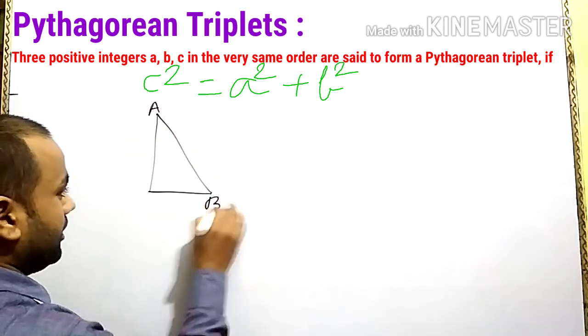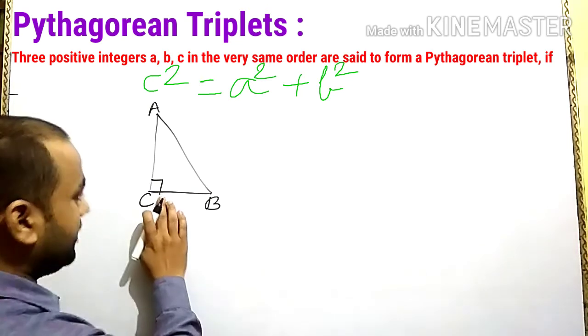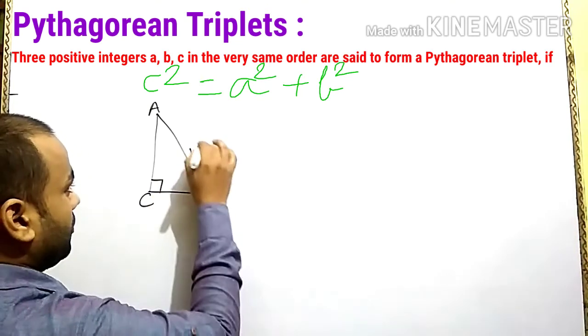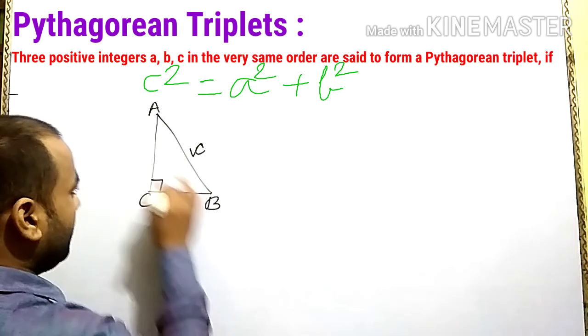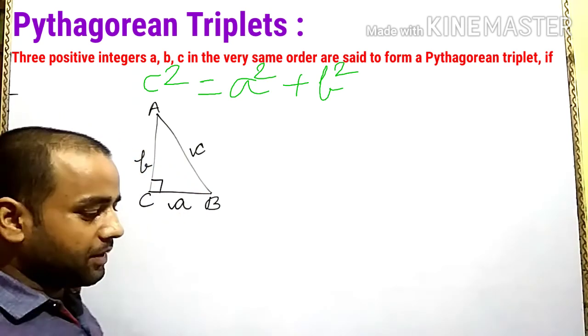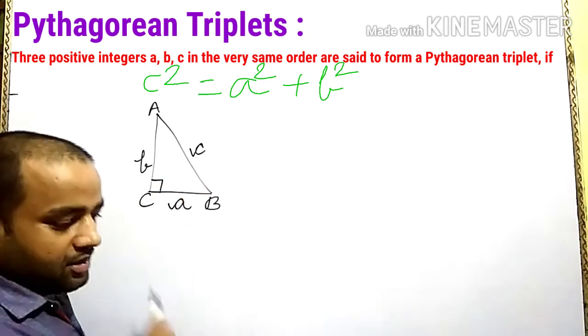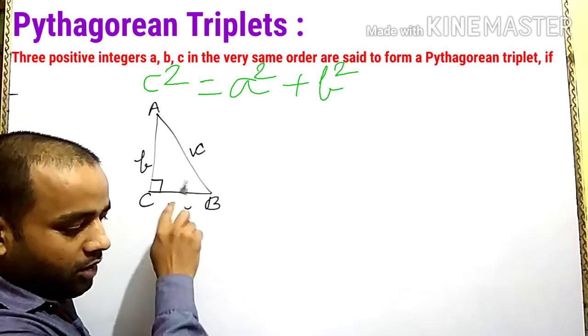A, B, C. At C we take 90 degrees. So by Pythagorean triplet, three positive integers here take a, b, c in the very same order